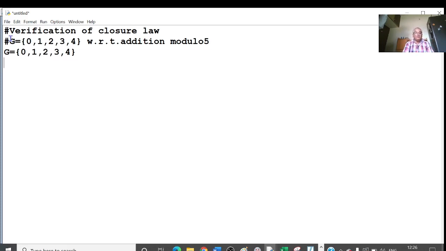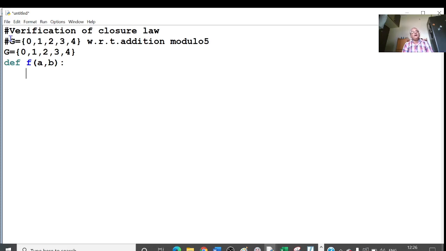Next, I will define the operation using def. Define operation by writing f of A comma B colon, press enter. Here we have to write that operation. My operation is addition modulo 5.